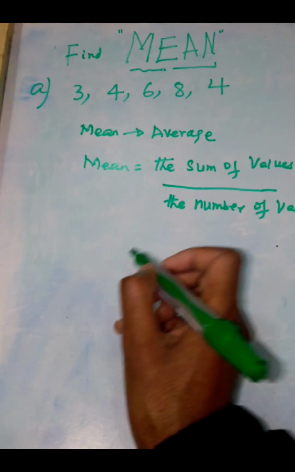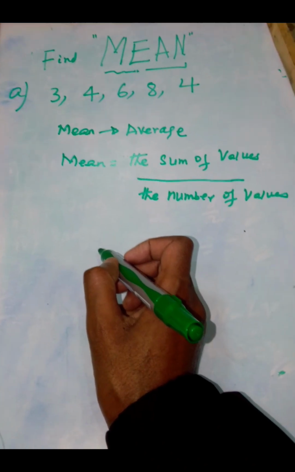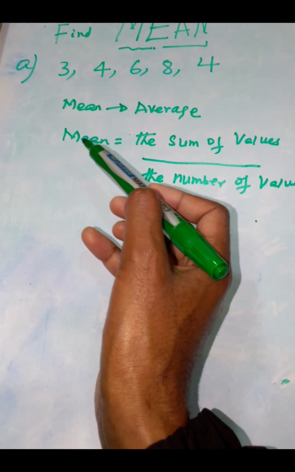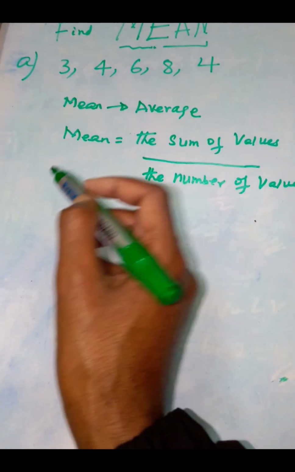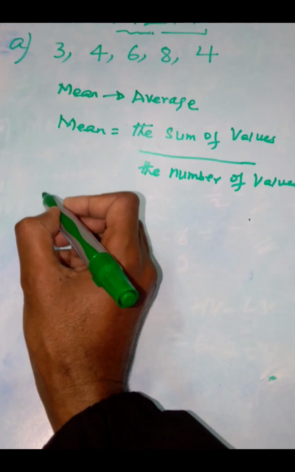Yeah, now to find the mean of this one, we use this formula. Mean is equal to the sum of values over the number of values. Based on this formula, to find the mean